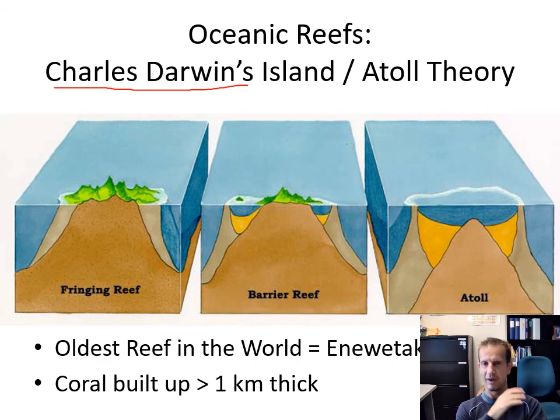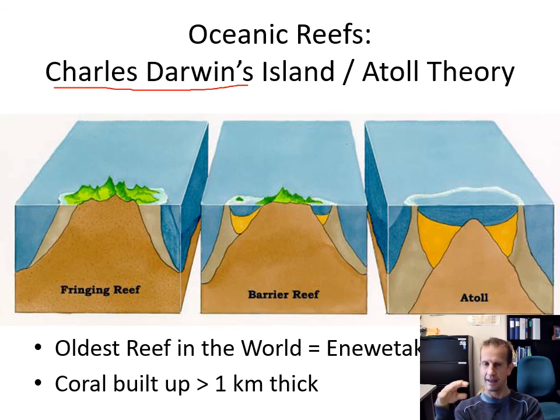Others had a barrier reef, and there would be sort of a lagoon that you'd have to go through to get to the main part of the island. And then other islands were just kind of a ring of reefs or shallow or low elevation islands with no visible mountain or anything in the center at all. And so Darwin kind of hypothesized that these three environments were just sort of different